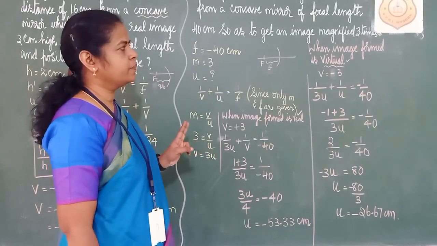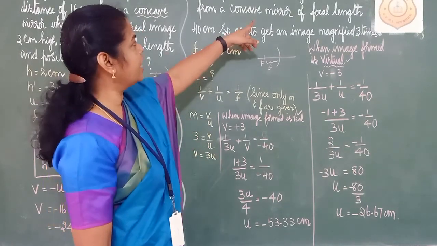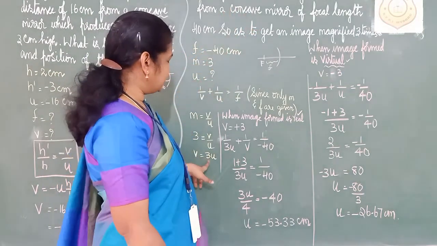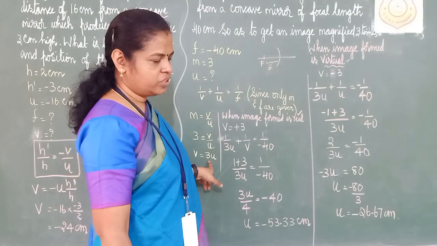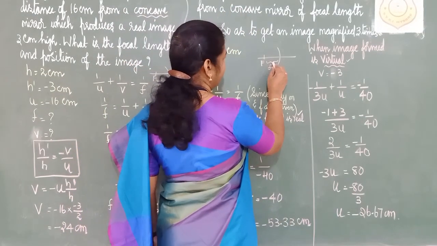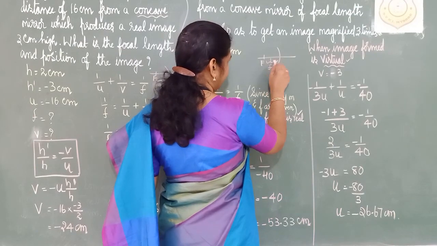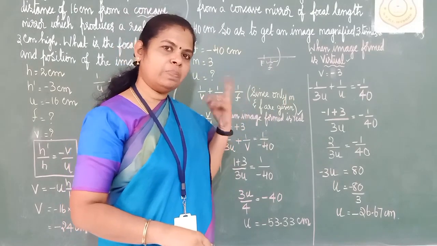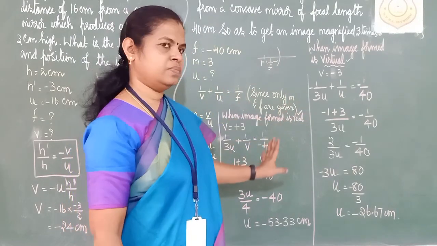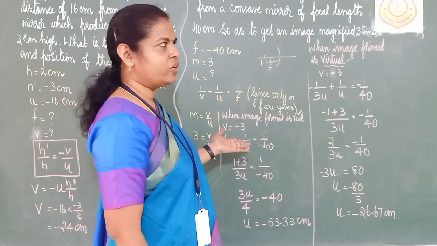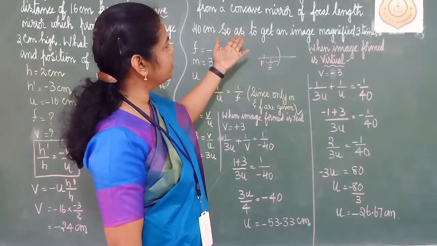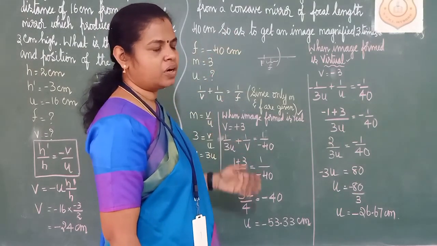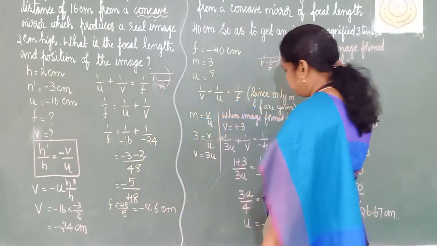V is equal to 3u. But we don't know the position; it is a concave mirror, and 6 positions we have studied. If we are getting v equal to 3u, it may come here or it may come here. So 2 options are there: it may be plus or it may be minus. They have not given whether it is a real image or virtual image. In case they have given, we can stick to that, but it is not given. So we will write both the options.